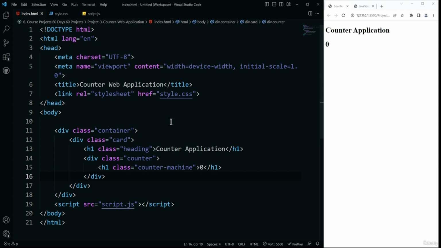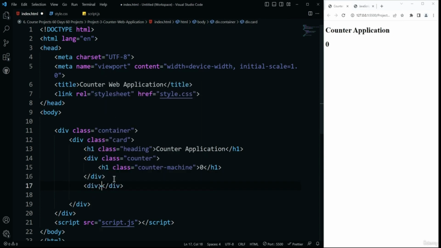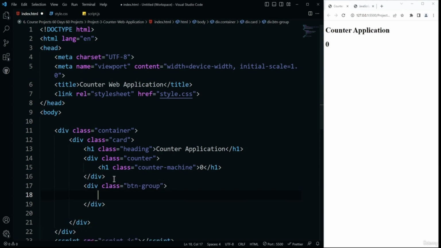After completing the counter division, make sure you are outside of this particular division. Here we need to create another division for the button group, and I'm going to give this division element a class name of btn group. Inside of that we need to create two buttons. The first button has a class btn, and I'm going to specify the btn counter. Then it is a decrease